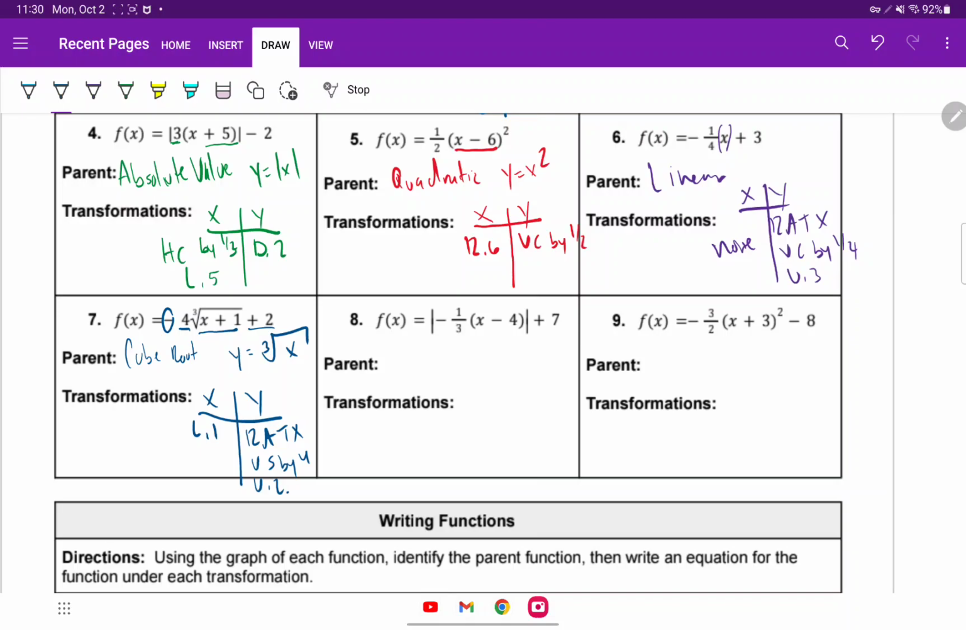All right, take a look at number 8. Again, we have absolute bars. So that's absolute value. For our table,